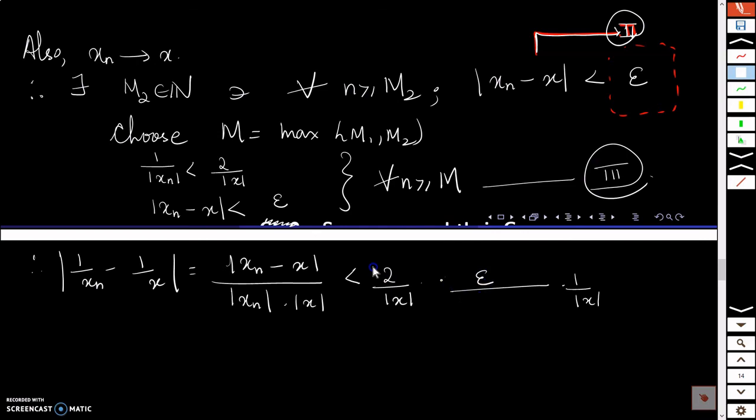Finally I need epsilon. That means everything should cancel out. So I have 2 in the numerator, so I'll have to put 2 in the denominator of epsilon. I have mod x into mod x, that is mod x the whole square, in the denominator, so I will have to put mod x the whole square in the numerator. So this is the quantity which I need from this guy. It has to be less than this. Then only this will turn out to be epsilon. If you see now, mod x will cancel out, and 2 will go off. And this works for all natural numbers greater than or equal to M.